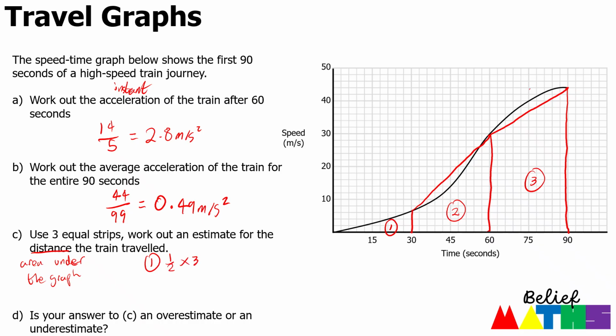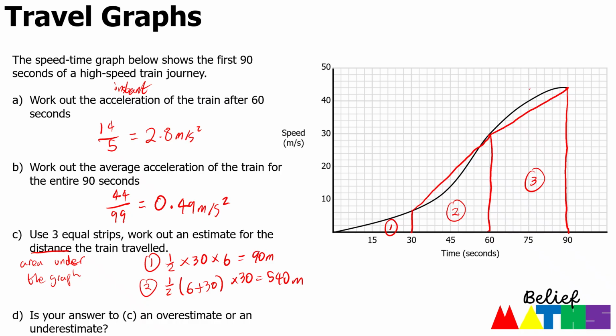So area 1 is going to be the area of the triangle, which is a half the base times the height, so a half times 30 times the height of 6, and a half times 30 times 6 will give us 90 meters. Number 2 is a trapezium, so it's a half a plus b times h. So a and b are your heights here, and your height is the distance between those two lines. So we've got a half times 6 plus 30 times your height, which is 30,